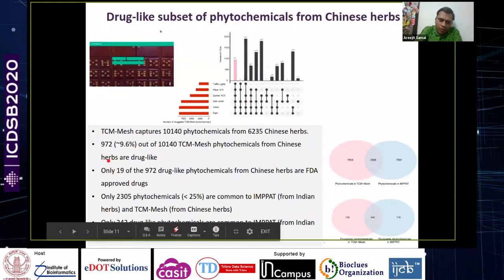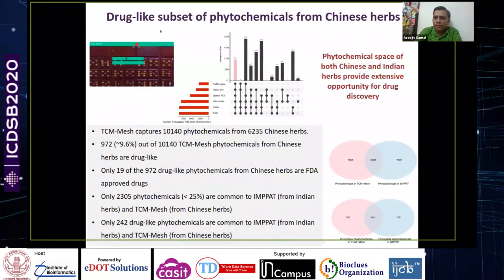FDA approved drugs already. And if we compare the complete space of 10,000 plus chemicals here with our IMPACT, we found that there is only a 25% overlap between the two, the phytochemicals in our database and the phytochemicals in the database on Chinese herbs. And similarly, if you compare also the drug-like space, again, the overlap is roughly 25%. So in summary, we find that the phytochemical space of both Chinese and Indian herbs provide extensive opportunity for drug